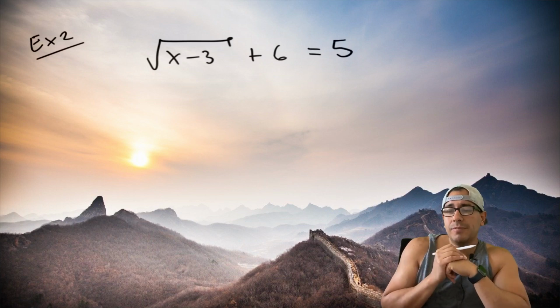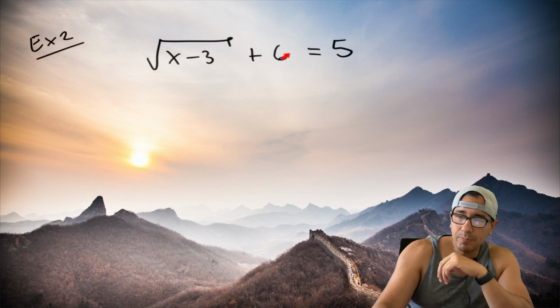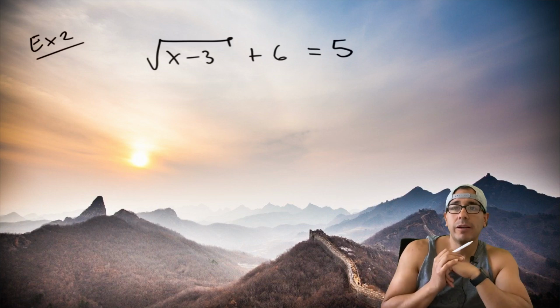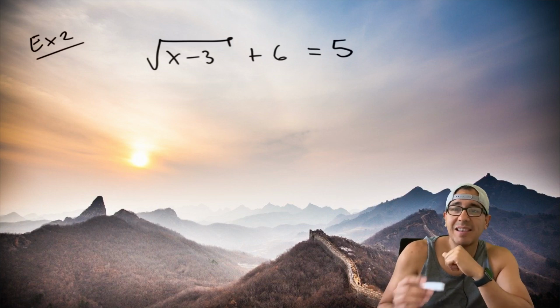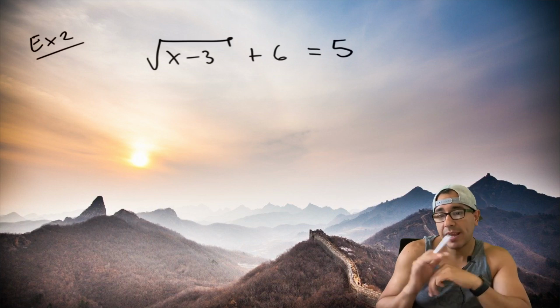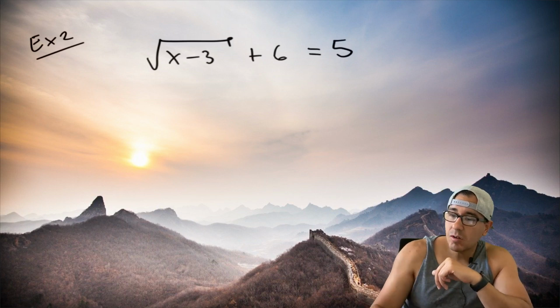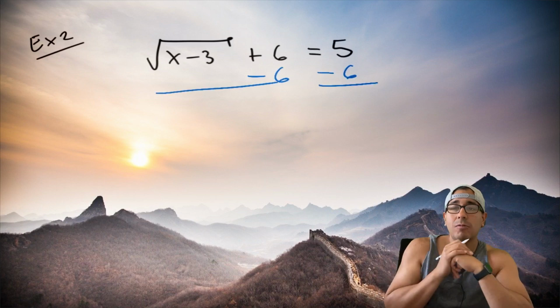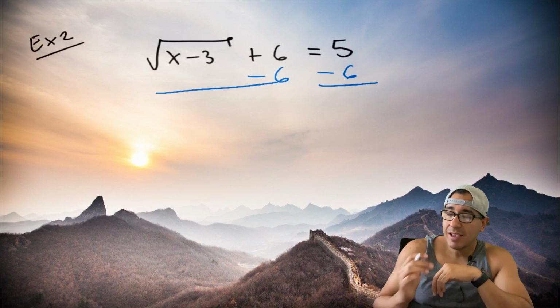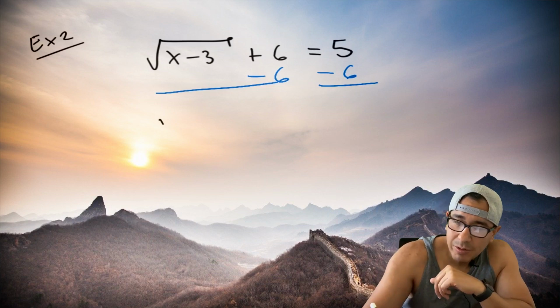Example number 2, very similar, except we have this plus 6 floating around. And remember the first step, it said to isolate this radical. So in isolating this radical, let's go ahead and let's subtract 6 from both sides. Right, we're gonna subtract 6 from both sides and go ahead and do so. So we end up with the square root